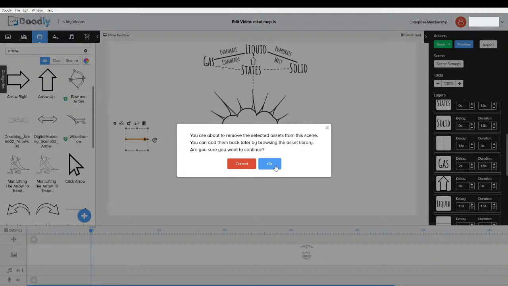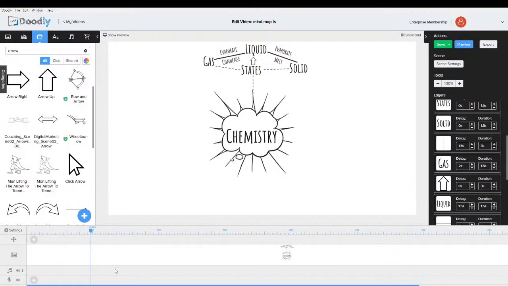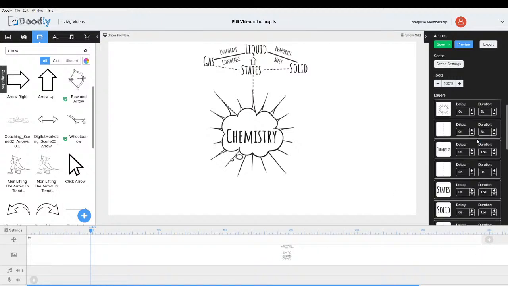I have 1 minute left. So I think I'm going to put some movement in. I'm going to adjust these. Right, so don't need 3 seconds for that. I need 1.5. I want the word chemistry, then 1.5, 1.5. 3 seconds for that. No. I think we can go with a second.